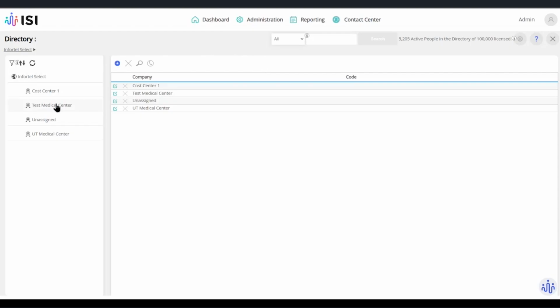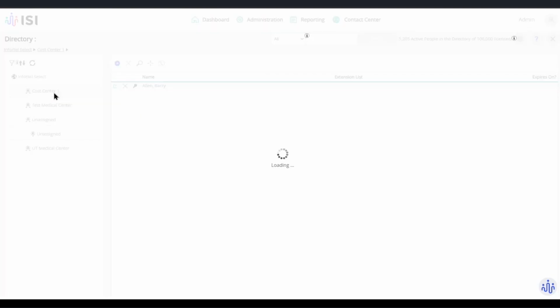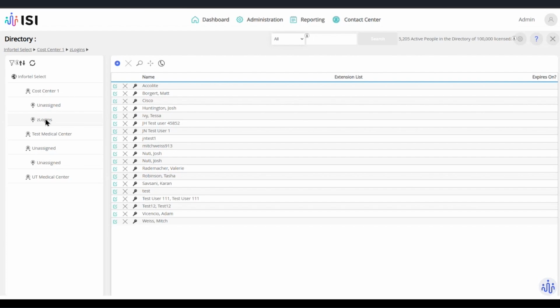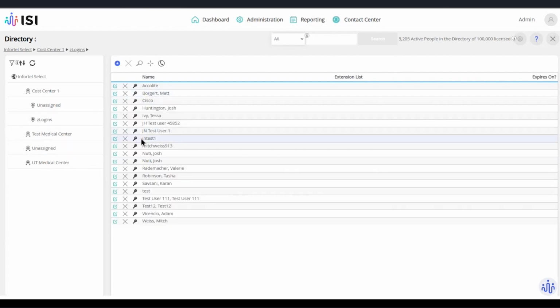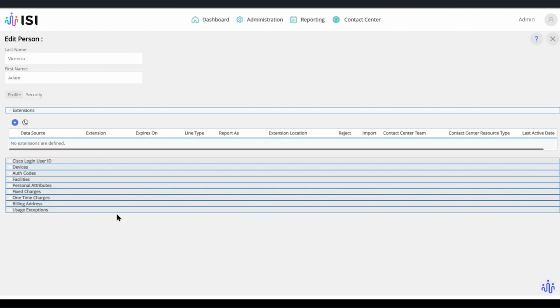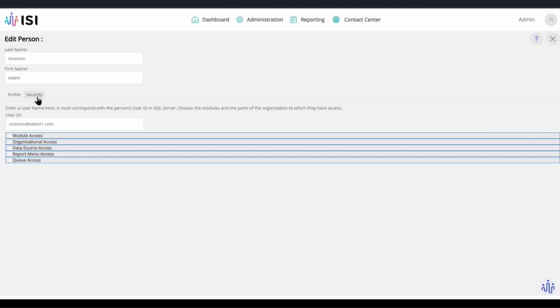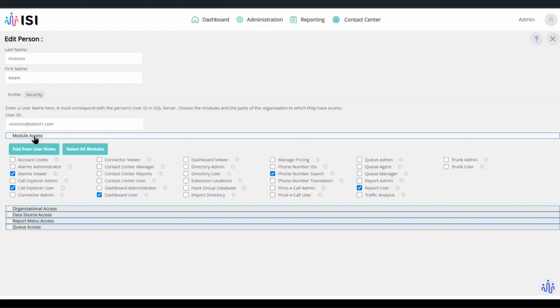But what I'm going to do is go into, I think it's Cost Center. There's a folder typically in most systems called Z logins. And this is where we actually put all of the login users. And so when we're configuring a user to log into the product, you're basically going to provide them 2 things. There is a module access portion, which defines whether they're a report user or they're a report admin.